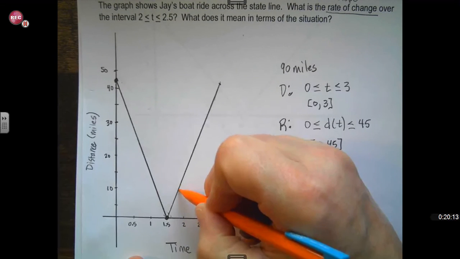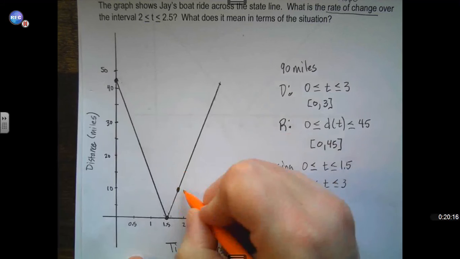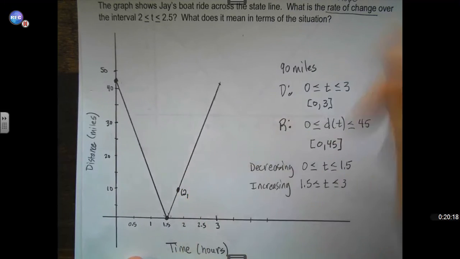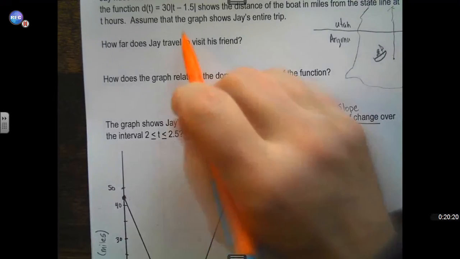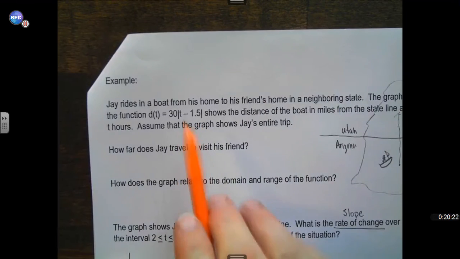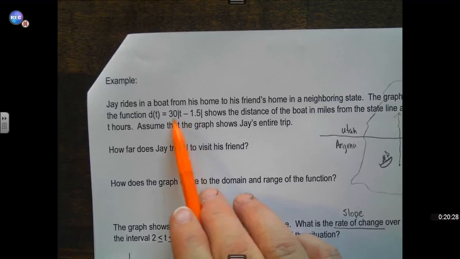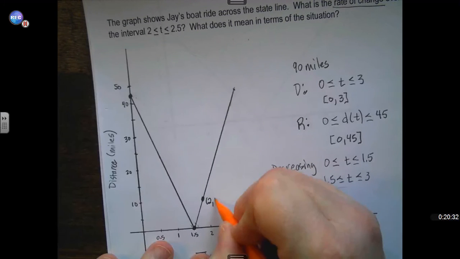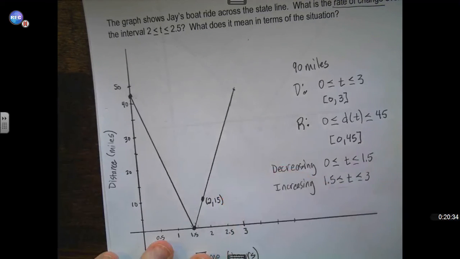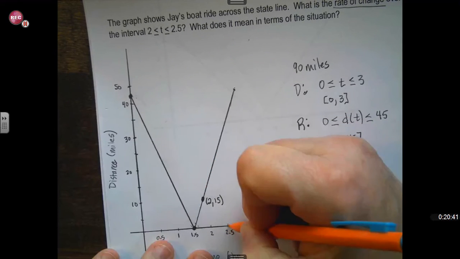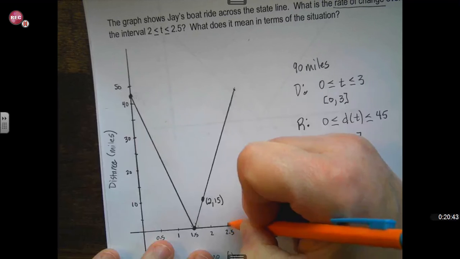So on this interval, at 2, here's the point 2. If I plug 2 into our equation, 2 minus 1.5 is 0.5, and 0.5 times 30 is 15. So that ordered pair is (2, 15). And the ordered pair at